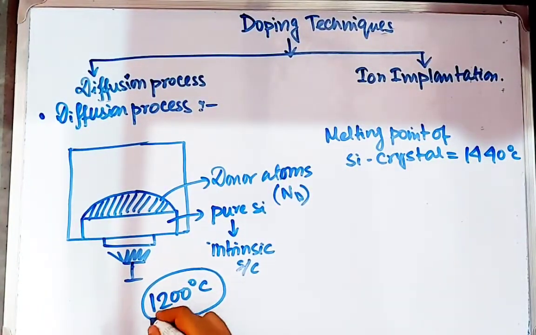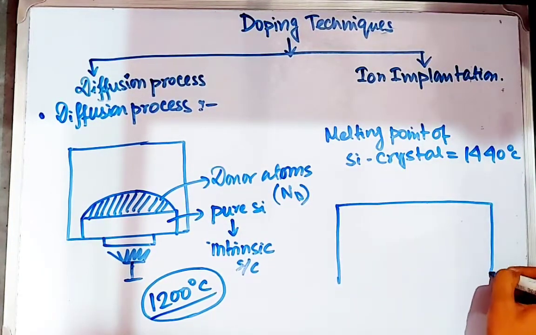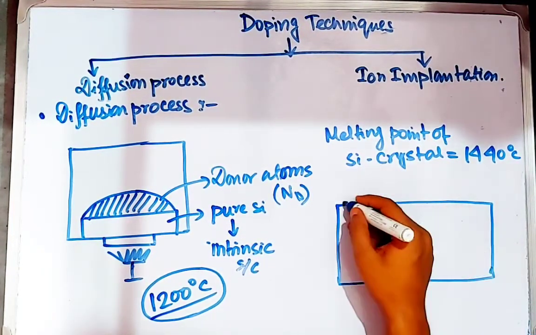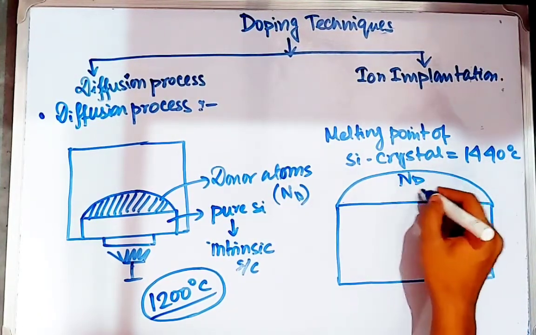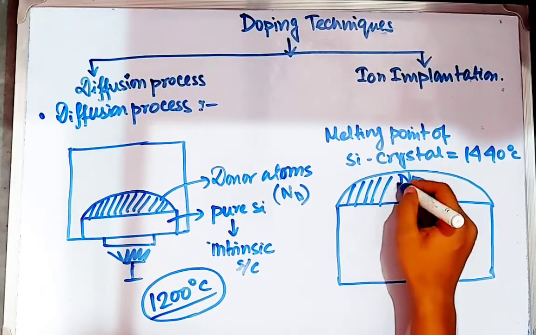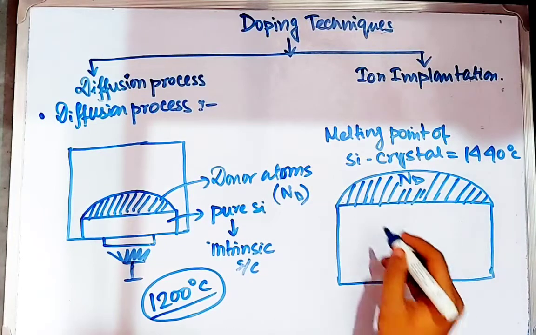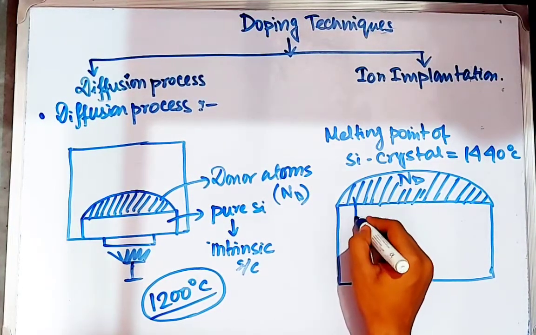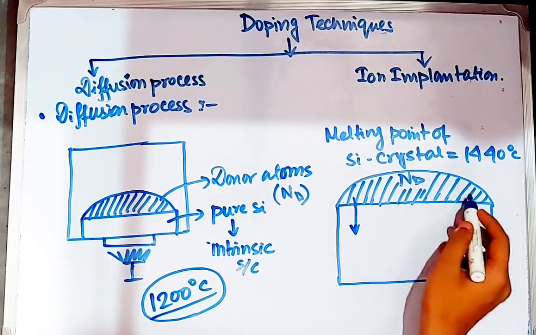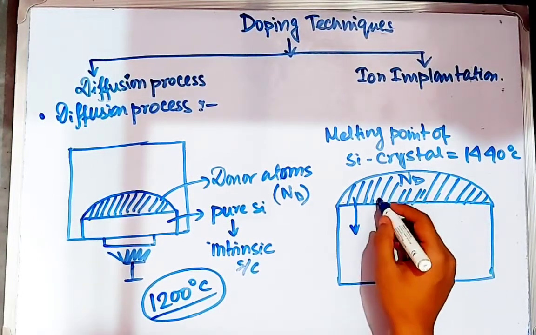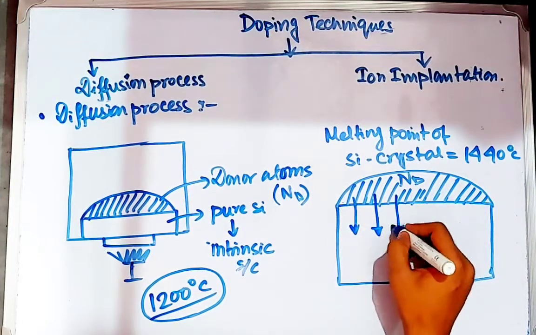So at this temperature what happens is diffusion occurs. So this is the silicon bar and this is the donor atom layer. The donor atoms diffuse from the layer, from the higher concentration area to the lower concentration area within the silicon bar,